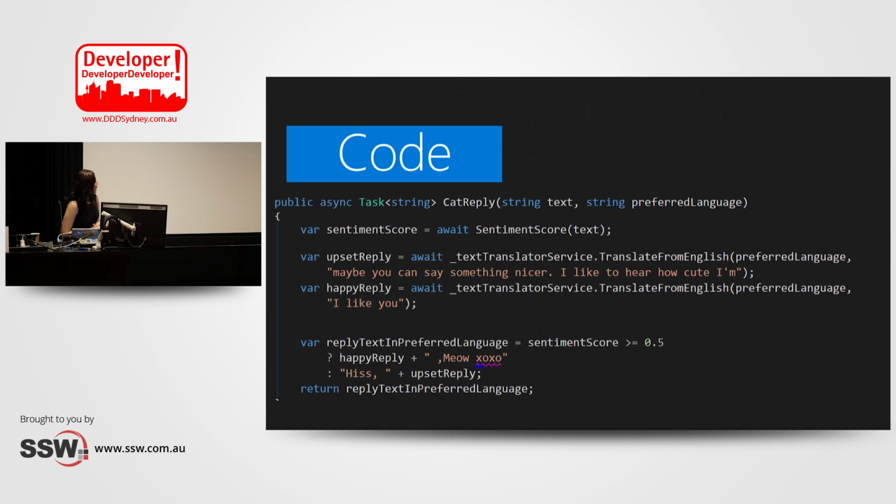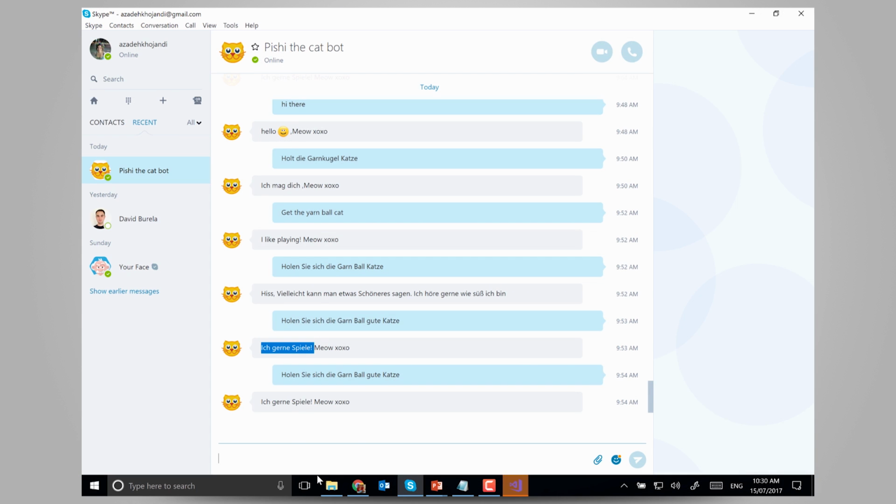All right. I'm not going to show you how you can call a REST API in C# because I know that you all know. And the only thing that I wanted to show you is it's really easy to create something that simple and use it for funny or silly stuff. So I use the sentiment score, and it says that if it's greater than or equal to 0.5, return meow, otherwise return the opposite reply. Okay, let's test it. Hopefully it works.